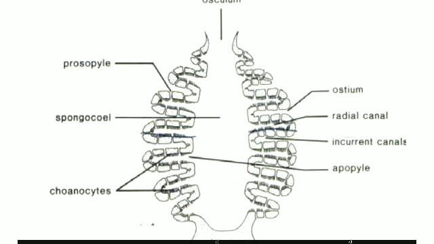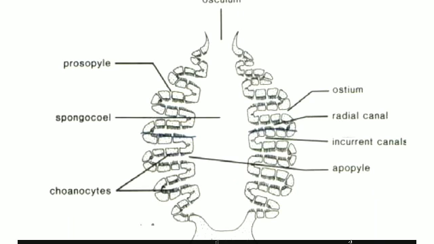The ostia leads to the incurrent canal, which is closed at its inner end. This incurrent canal leads inside to the radial canal by means of